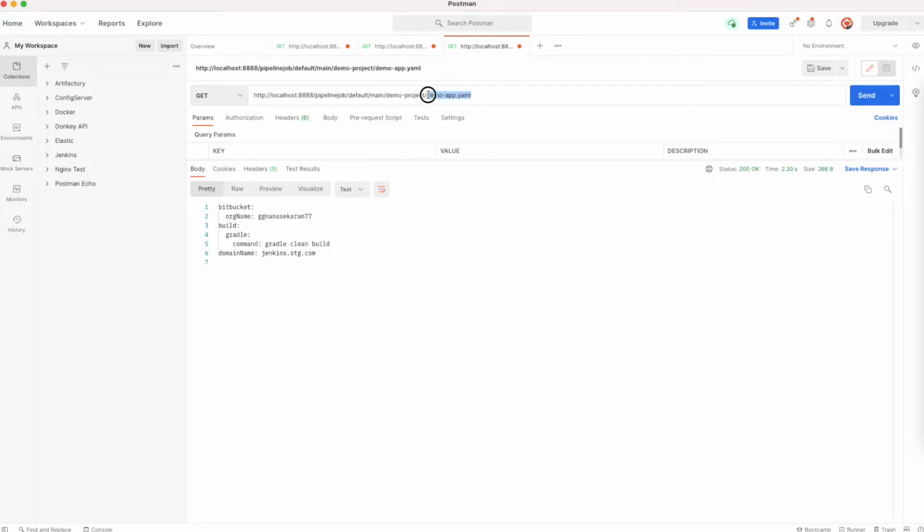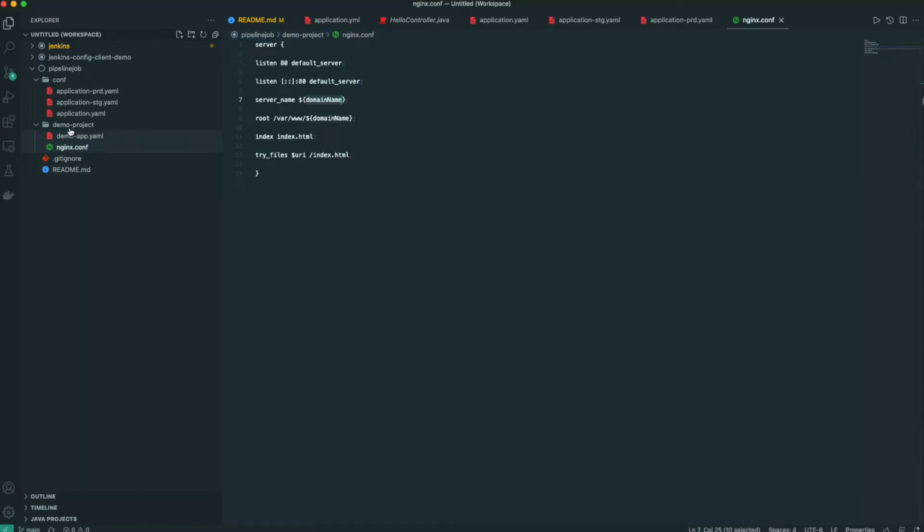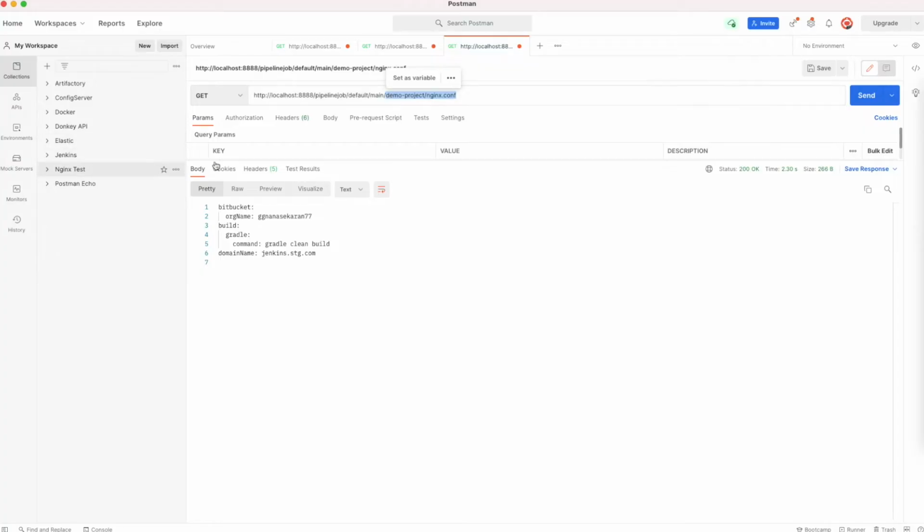Here it is nginx.conf. First we have to say the repository name, then the profile name, then the branch name, then the actual path inside the repository. In my case, I kept demo project and then nginx.conf. Let's try to fetch that file.